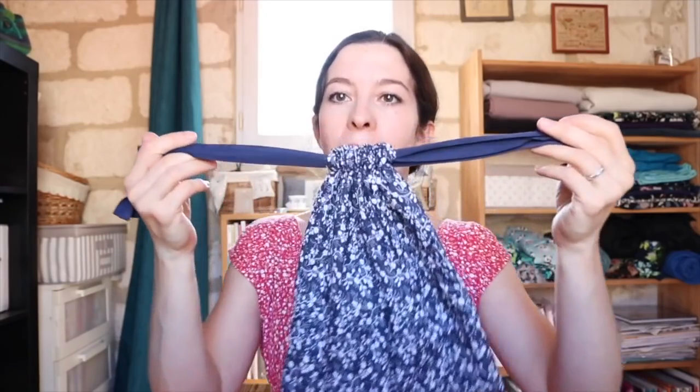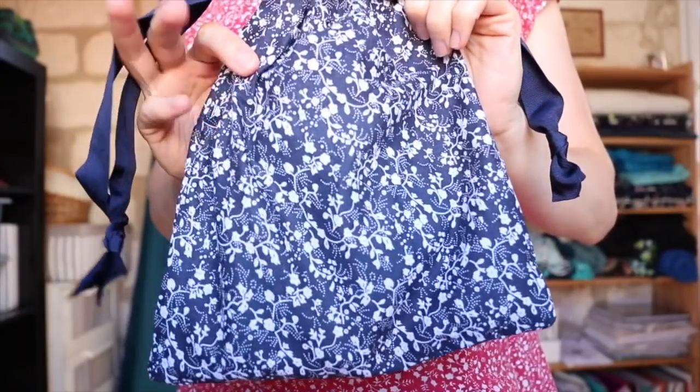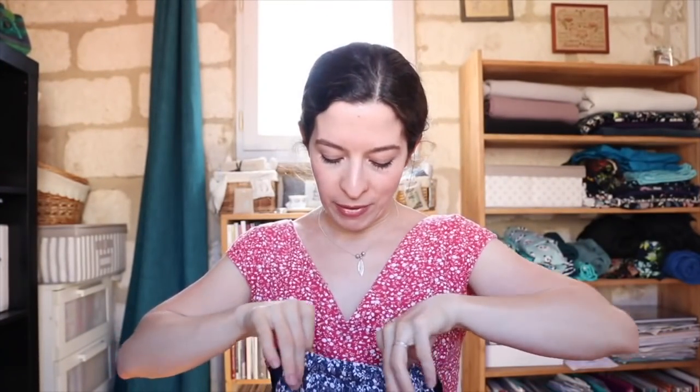Okay, I am filming this little clip a week after I filmed the episode, hence the change of dress, because since then I received a very darling little handmade gift, and I had also forgotten to share about another very special handmade gift that I received recently. So the first gift I received is this beautiful little cotton pouch, which is very much my style, floral and blue, and this is containing a sustainable gift which I absolutely love,